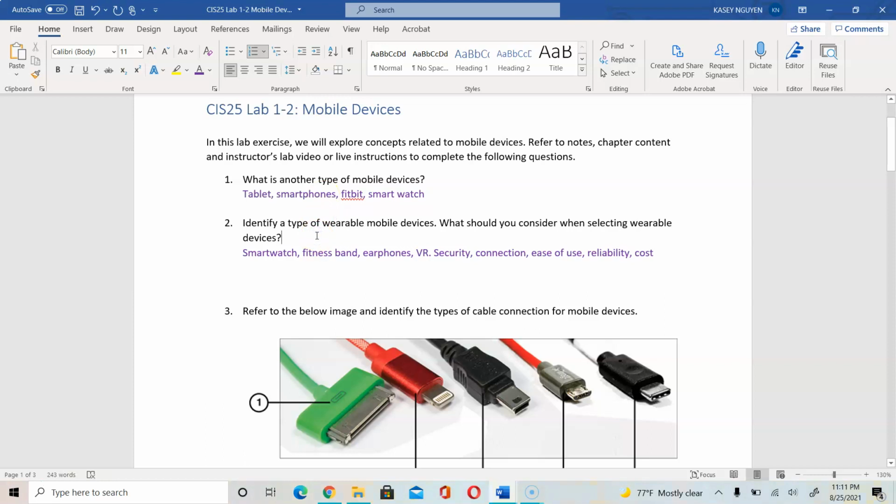Then for number 2, it asks you to identify the wearable mobile devices. So we would have the smartwatch, you would have a fitness band, and these are connected to the internet. And we would have earphones,